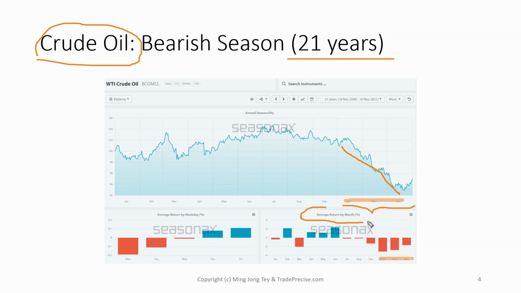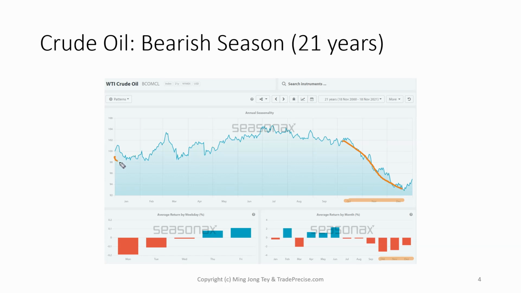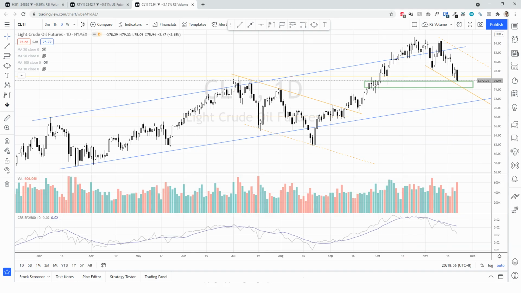If we look at the average return by month in terms of percentage, October dropped the most, followed by November and also December. It just takes into account the data for the past 21 years and averages the crude oil data, so they can plot the chart and use it as the seasonality of crude oil. After December it goes into a January bottom, and then has a run up in February. But ultimately, despite having this seasonality chart, we still need to pay attention to the crude oil chart.